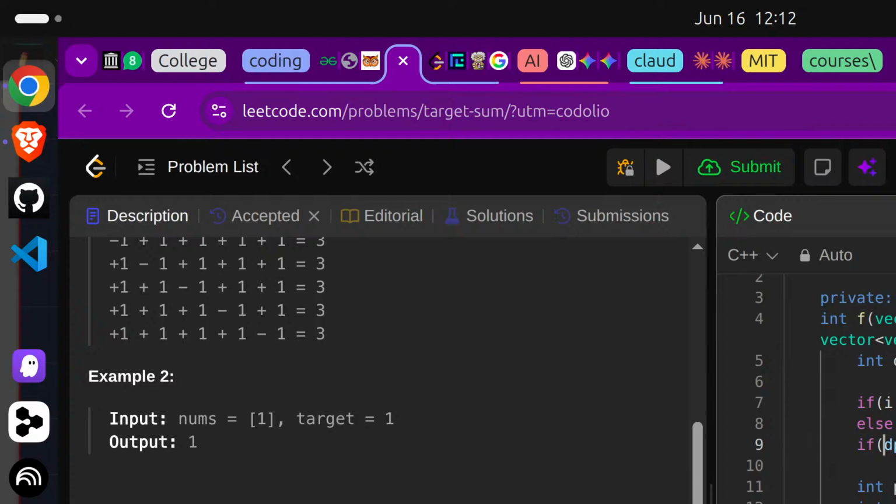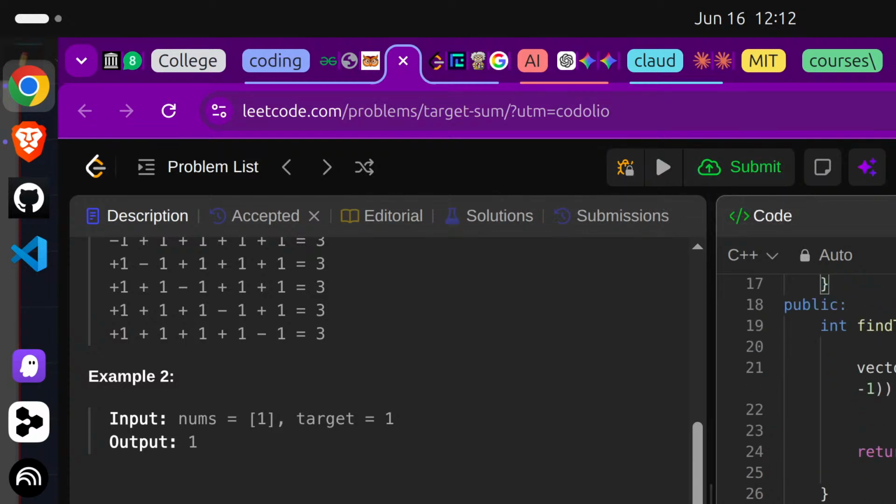If like this, so like that, okay. Then after that,